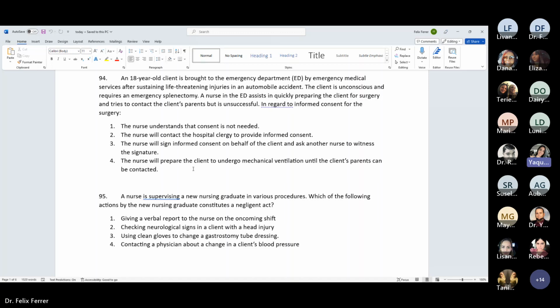Implied consent. Implied informed consent. Really good. Now, let me tell you, there is another type of consent that is something different. Something comes to my mind right now that is really common in your NCLEX too. You need to have a good review about management of care. That would be good. And do you know